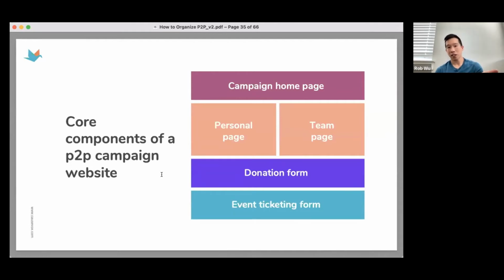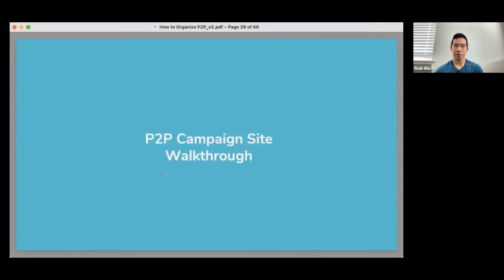Now, these are just boxes, so it looks really plain. I'm going to hand it over to Jenna because she has an example to share of all of these components here of a live fundraising campaign. Thanks. Yeah, I'm going to try to bring this to life. All right, share my screen real quick.